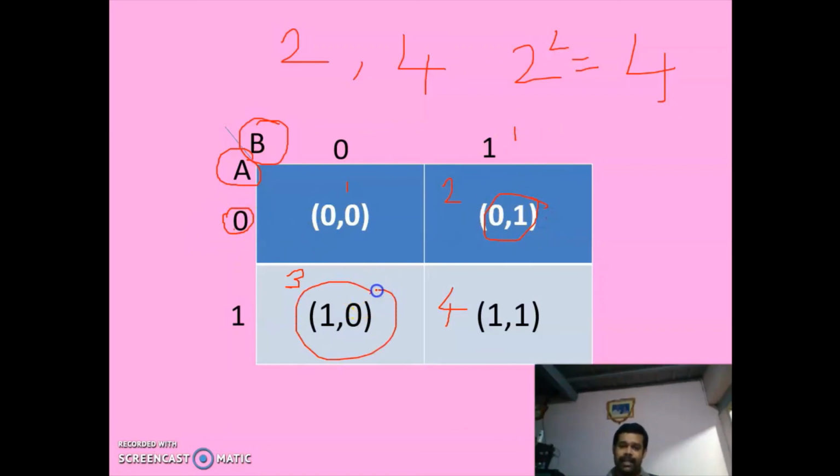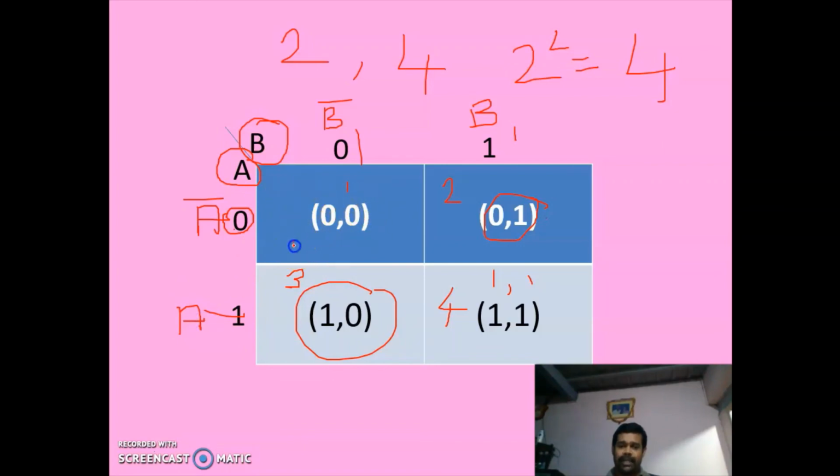The 0 in the column is the variable B, so B bar. Here 1 means B. In the row, the variable is A and the digit is 0, so A bar. Here the digit is 1, so it is A.